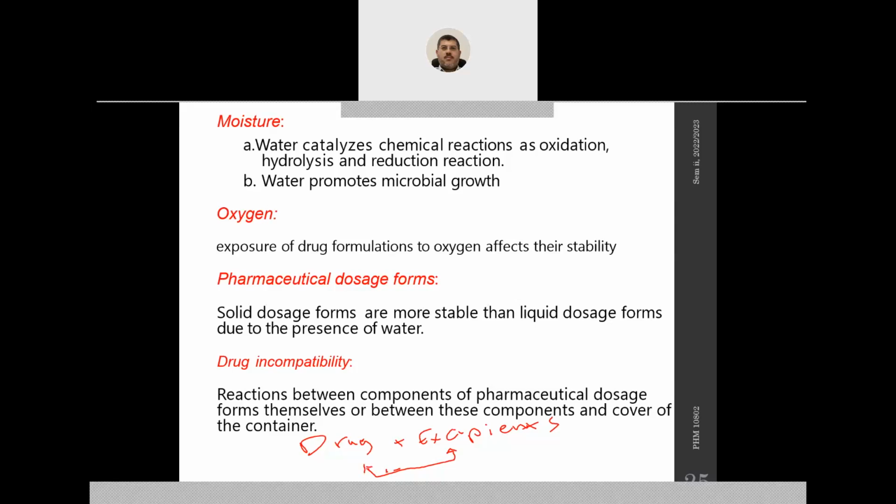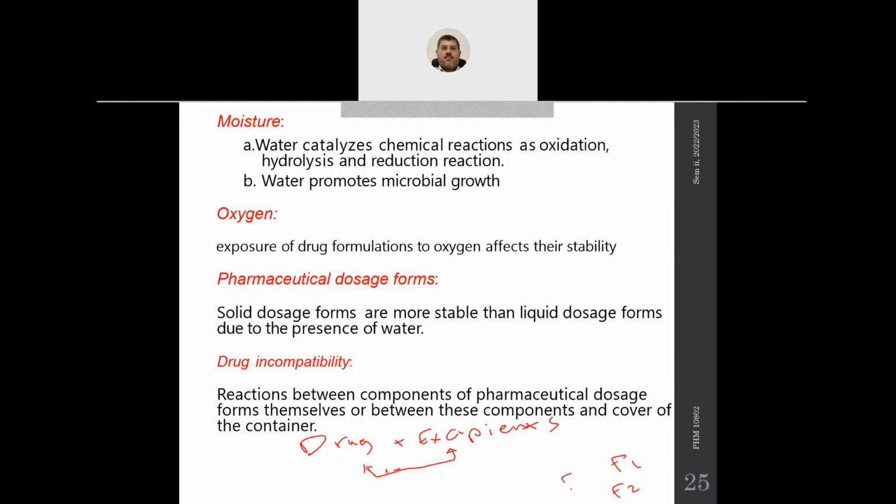We have to try different blends, the drug with different excipients separately. So we make formulation 1, for example, formulation 2, formulation 3. This one has drug plus excipient A. This one has drug plus excipient B. The formulation 2 has drug, for example, plus excipient C. Okay, and then we study their stability. We observe the stability over time, and the one that has the slowest degradation rate is the suitable